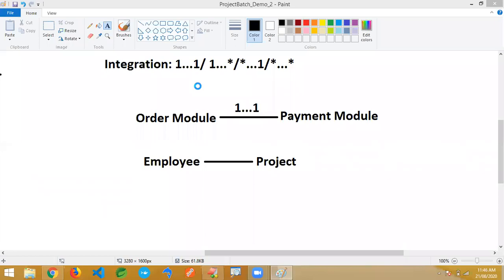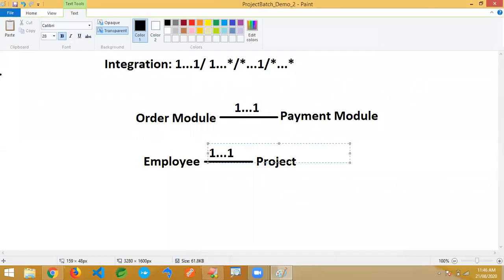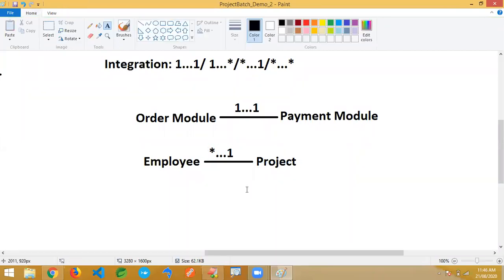If you give one employee to one project, that is one to one, which means you are the only person working in a project. You are not allowing another employee to work on the project. That means only for you one project is given, and a second person is not working on your project. That's the meaning. Now you can think and give an answer. The well suited answer is actually many to one.